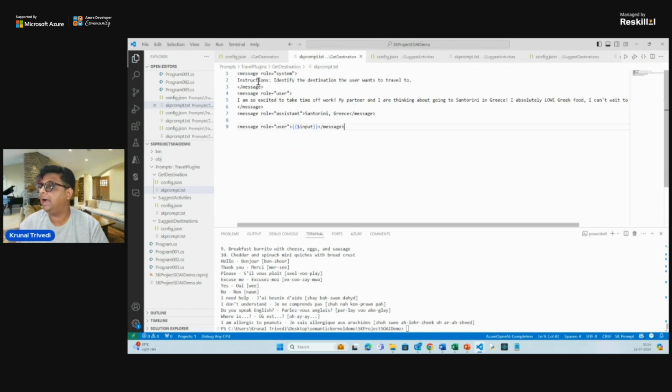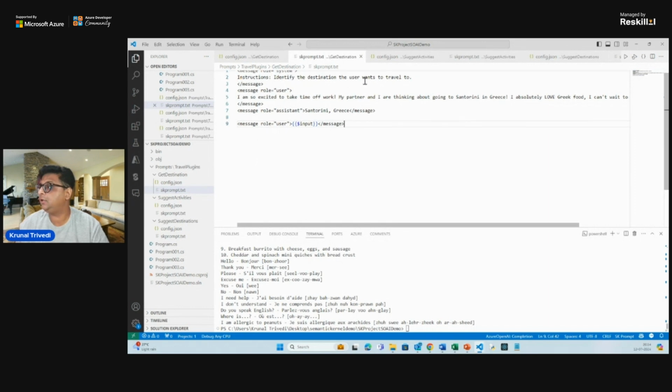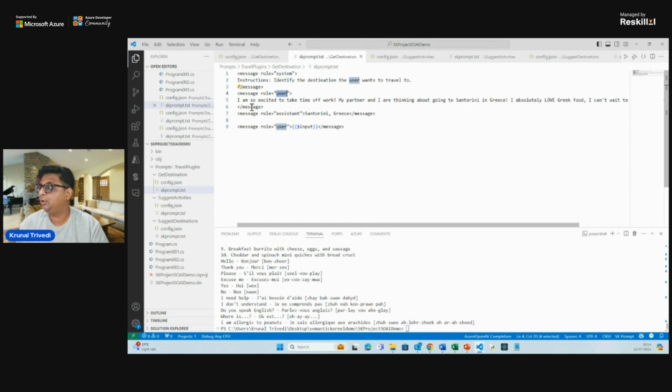I say the role is a system role I'm providing here. The instruction is: identify the destination the user wants to travel to. If the role is user, it is going to provide instruction in such a way as, I am so excited to take time off work, blah blah blah, right? And if the role is assistant, you are going to provide something like the city name as well as the country name over there,